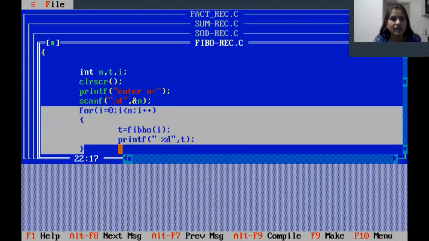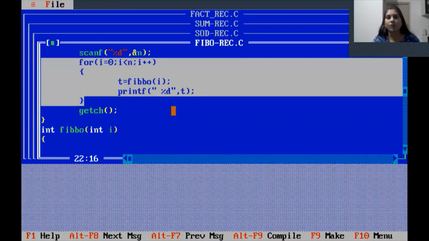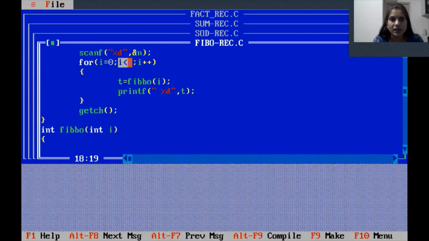So here we generate one for loop where I start with 0, because the Fibonacci series starts with 0, up to number n. Suppose n is 5, then we have to execute this loop 5 times with i plus plus.